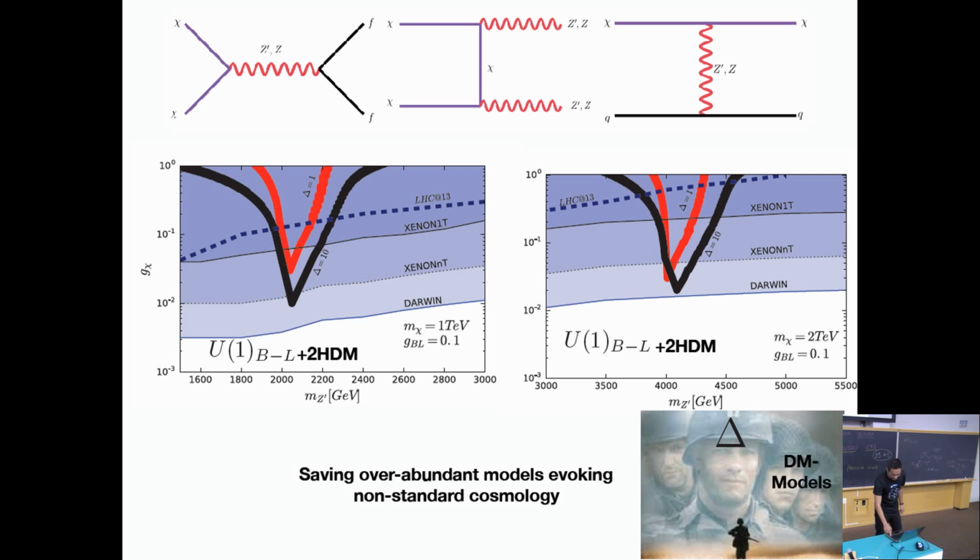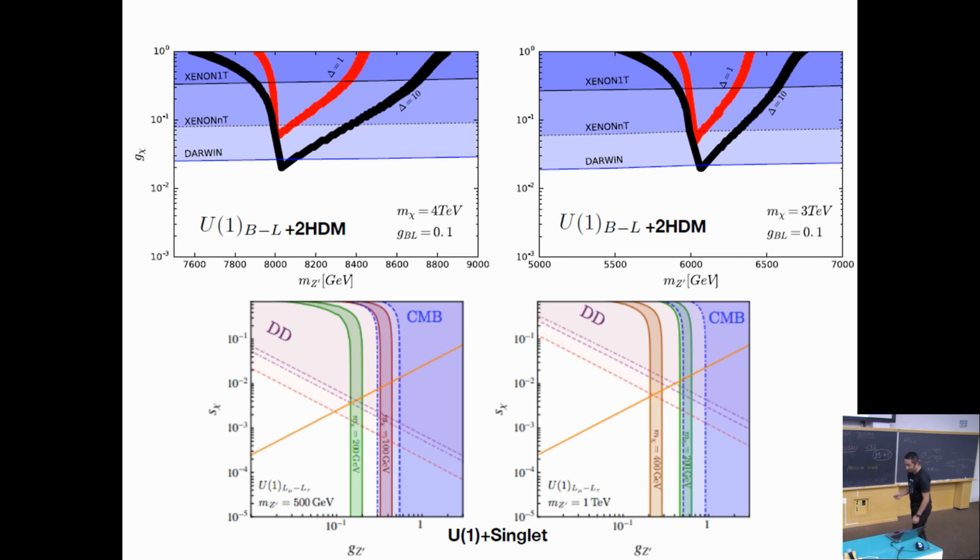But there are other scenarios for masses larger than 2 TeVs in which we can still have some, in the resonance, like it's common, like Andre or Nicolas said, close to the resonance, we will still be okay with those coming experiments. And here we can see the same. This is the direct detection. We can see here for these 2 scenarios, just this parameter space is okay, as well as here. This shaded region represents the excluded regions for direct detection and indirect detection. And this is the benchmark point we were taking here for this symmetry.